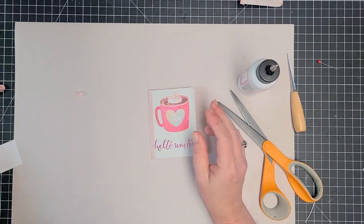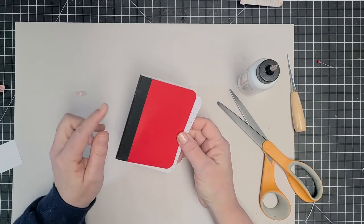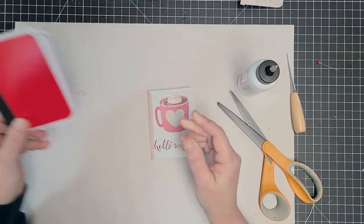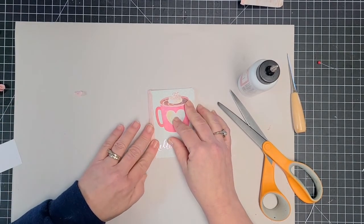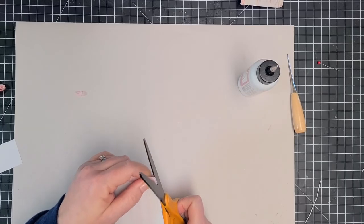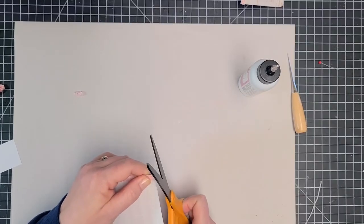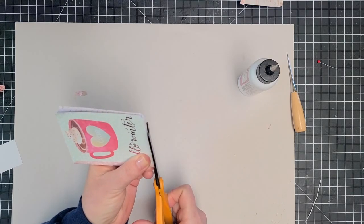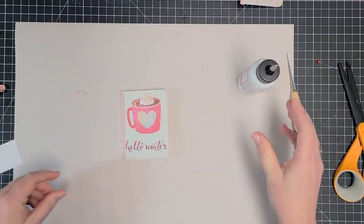So that's simple. That way it kind of gives it that same kind of binding that the little composition notebook has. Only mine's cuter. Okay. Says me, anyway. All right. Then,